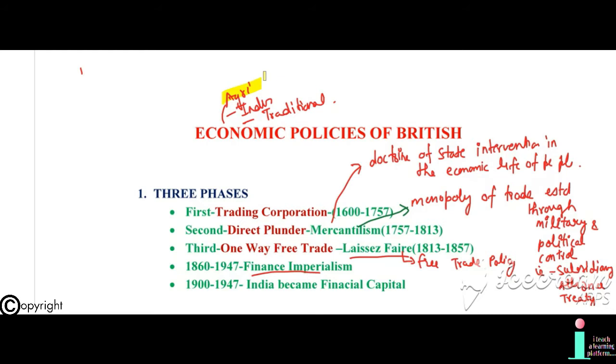For example, in 1215, King John granted a few rights to feudal lords. That was the Magna Carta, and two main principles developed. That's no taxation without the consent of the people, and no one can be denied individual liberty, and one cannot be arrested without giving a valid reason. Around the 16th century, the middle class demanded concessions, but the rights were extended to common men only in the 19th century. Women's rights were extended in England only in the 1920s.